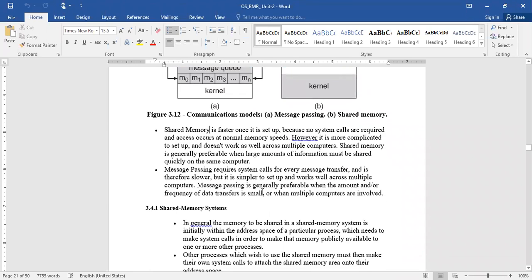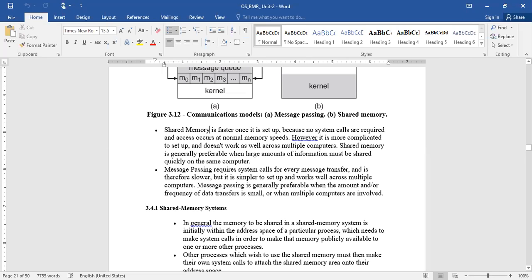So now have a look at shared memory. Shared memory is faster once it is set up, because no system calls are required and access occurs at normal memory speeds. However, it is more complicated to set up and does not work as well across multiple computers.